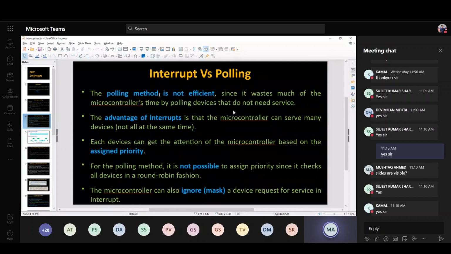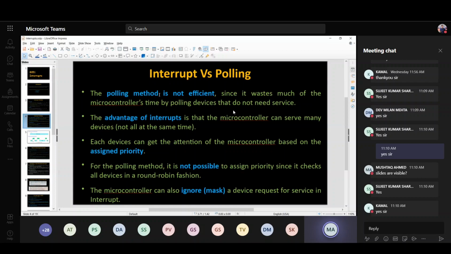Suppose device 4 needs a task to be performed first. In polling, the CPU will go to device 4 only after it has checked devices 1, 2, and 3. But in interrupts, we can assign priority to the devices. That is another major advantage of interrupts. We can assign priorities, and that priority defines which interrupt should be handled first.